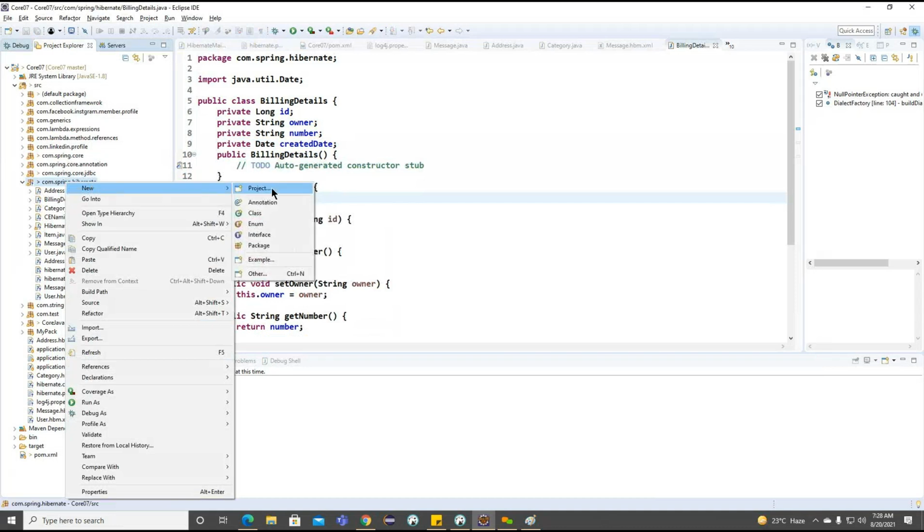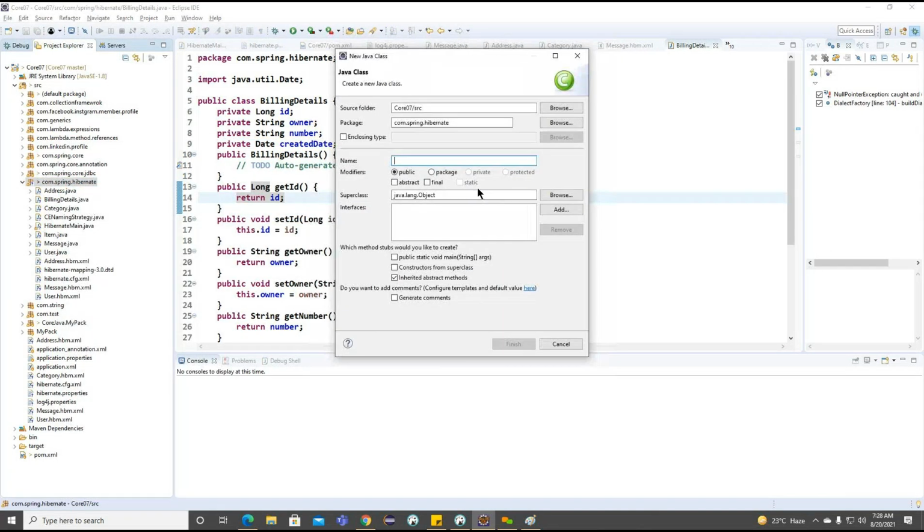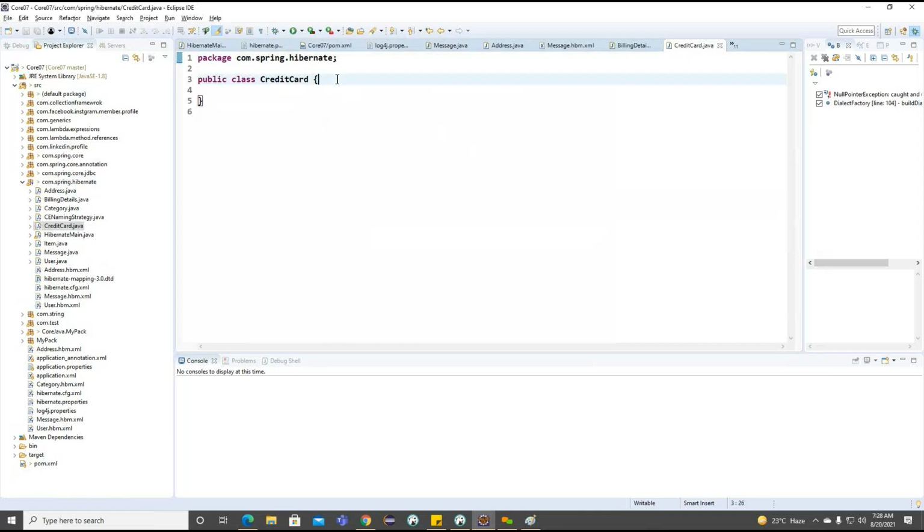Now, I'm trying to create one more class here, CreditCard. Inside this CreditCard class, what we can do?